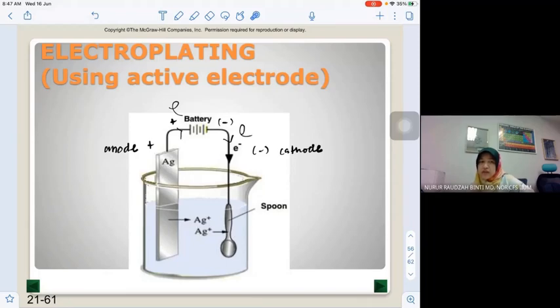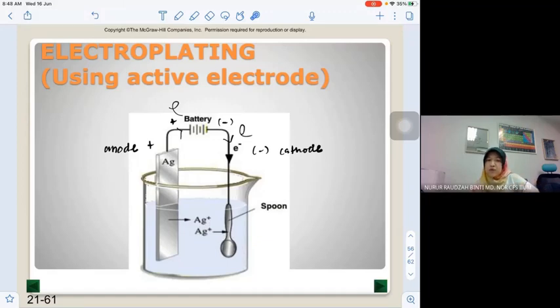Okay, that is Faraday's law. The more charge that is flowing through, the more product will be produced at the anode and cathode, because we know that product will be produced at both. So when we look at the electrolytic cell,